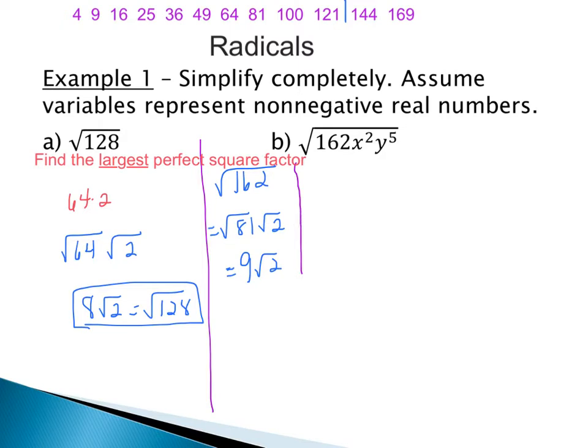The next part is that I need to do the square root of x squared. Well, this, if you look in your textbook, is actually a formal definition. The square root of x squared is actually equal to the absolute value of x. And the reason for that, I'm going to come up to the top real fast and show you why,